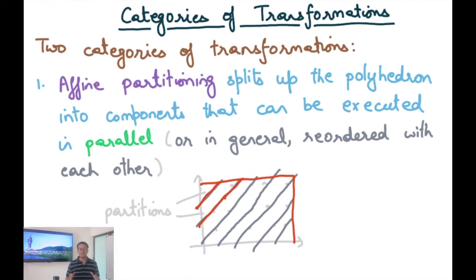And so I can divide this iteration space into partitions. I can partition this iteration space such that each partition needs to be executed serially, but across partitions I can execute the code in parallel. And this kind of approach is called affine partitioning, and we would want to do some kind of data dependence analysis to figure out how we can partition an iteration space such that all the data dependencies are still preserved. Recall that we saw some examples where the loop could be parallelized and some other examples where the loop could not be parallelized. And the difference between the two was the nature of data dependencies.